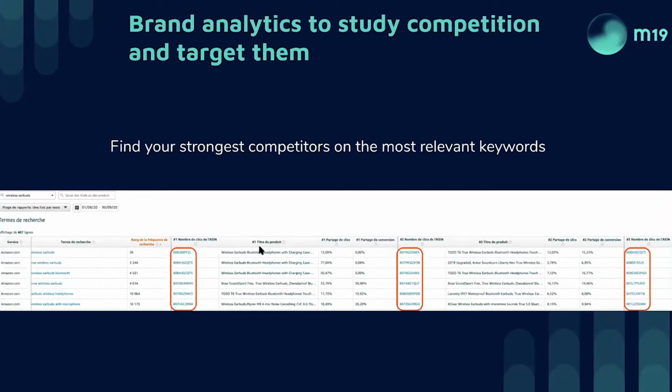So you take this list of ASINs. One thing that you need to be cautious of is ASINs that have, like this first one, the one ending with PFZZL, 0% conversion and have clicks.